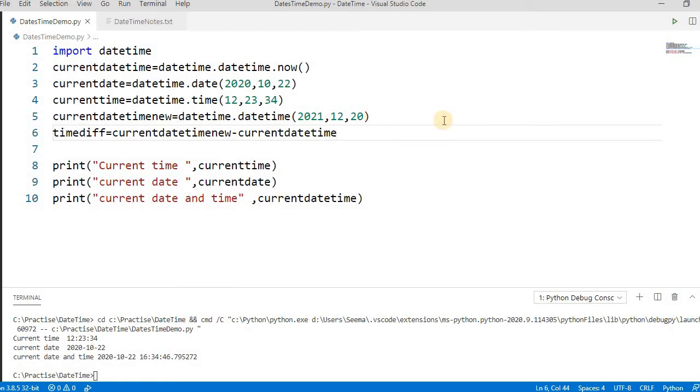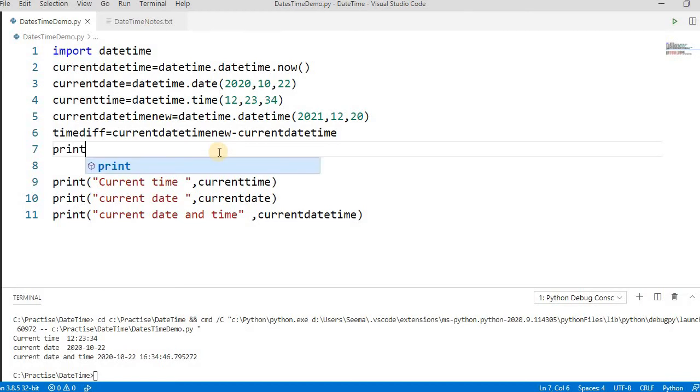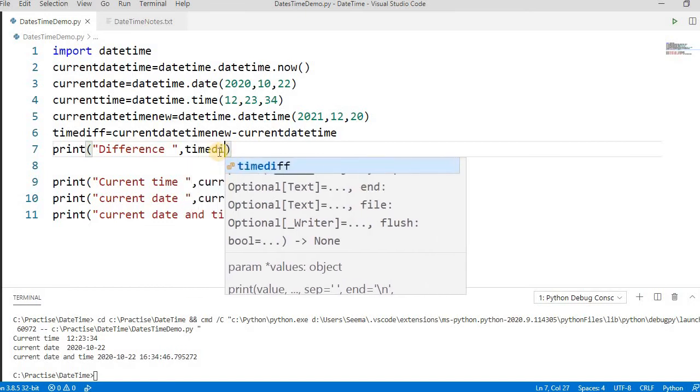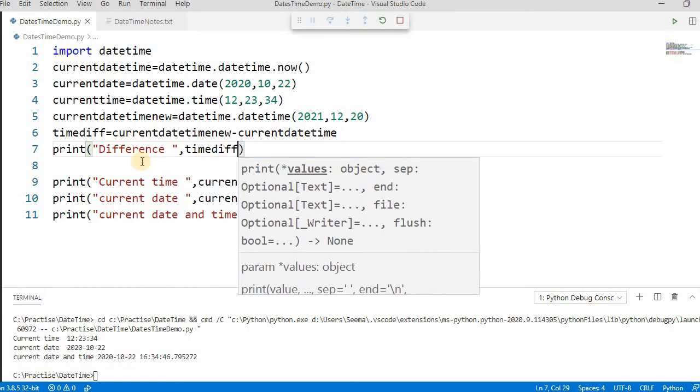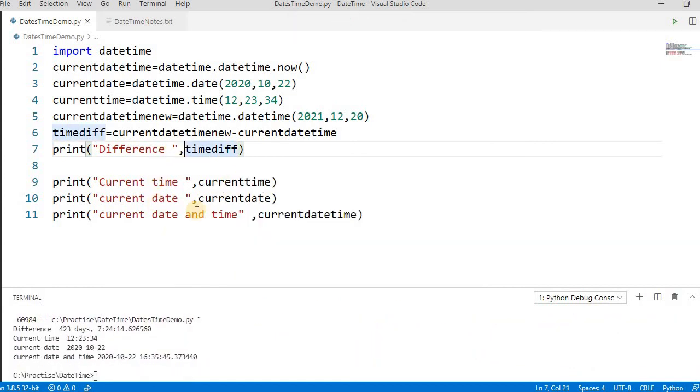By default it gives the timedelta. If you run this and print the difference, it will give you the difference between these two times. So how do we know this? If you use type, let's check what is the type of this.